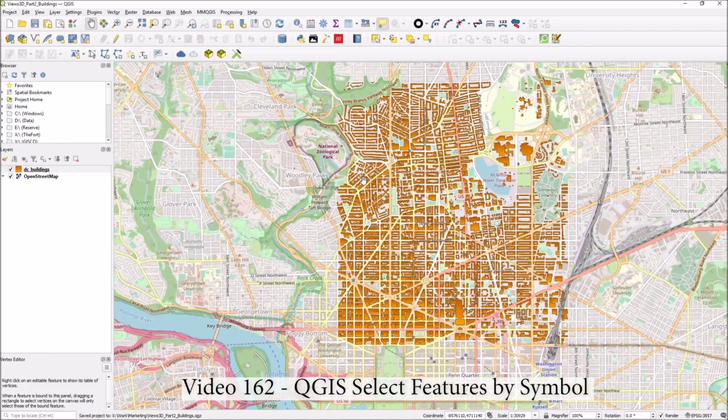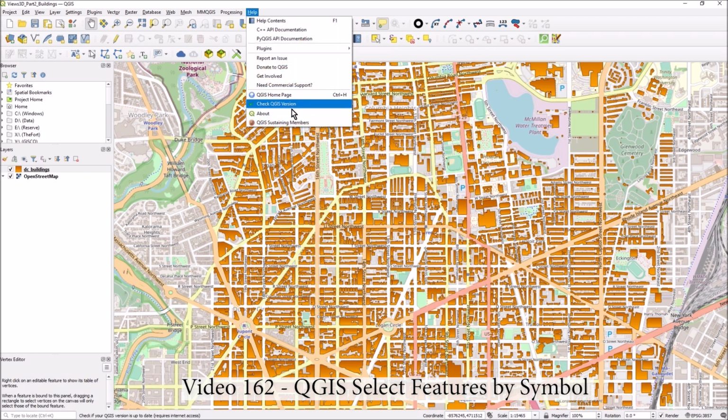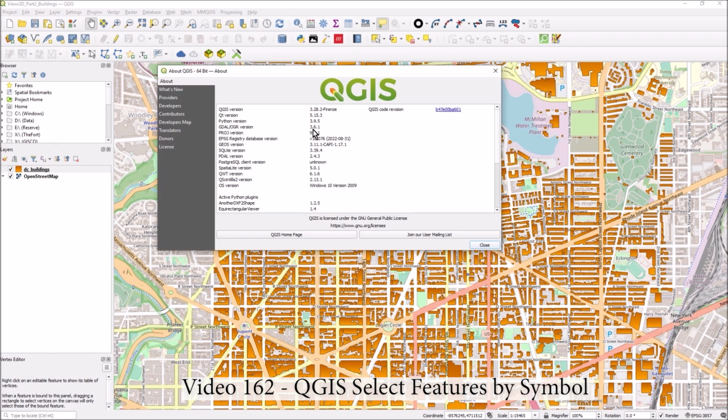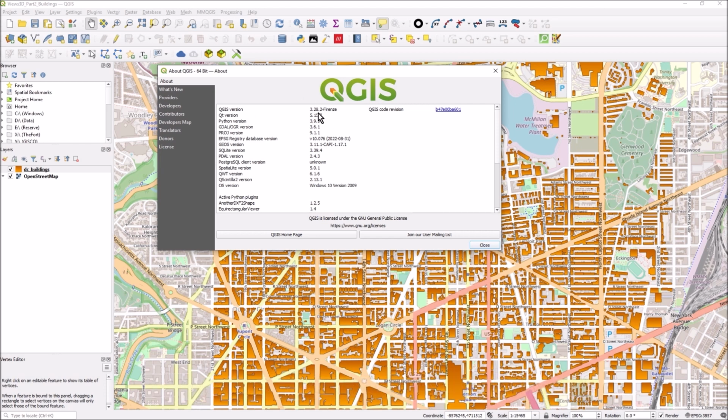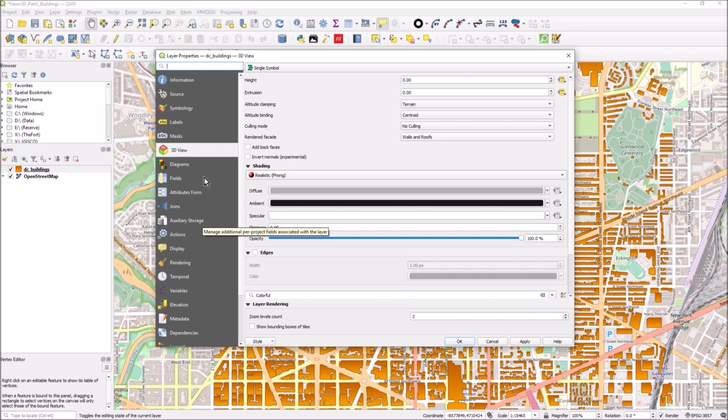Hi there. In the newer versions of QGIS, I think what I'm going to show you is from 3.26 onwards. You'd have to double check, but you should try and get to the latest version, or certainly one before. I'm on 3.28 here, and what I wanted to show you is just something you can do with thematics. If I go to Properties and go to Symbology,